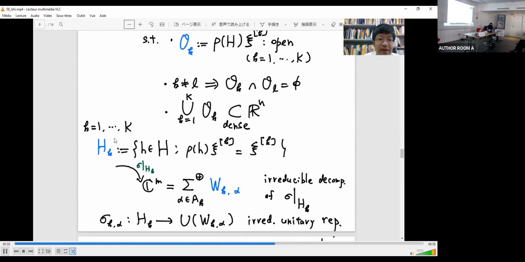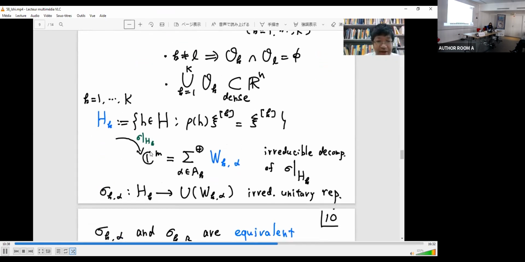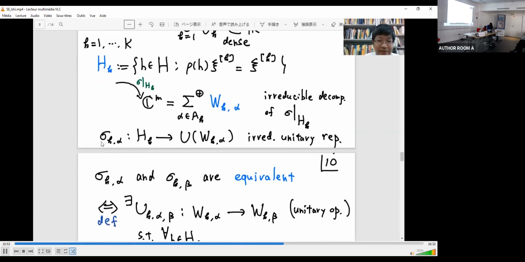And for each k, let H_k be the stabilizer at z_k. H_k acts on C^m, so C^m is an H_k-module. And we decompose it into irreducible subspaces, H_k-invariant subspaces. So we write W_k alpha. And let sigma_k alpha be a subrepresentation of H_k on